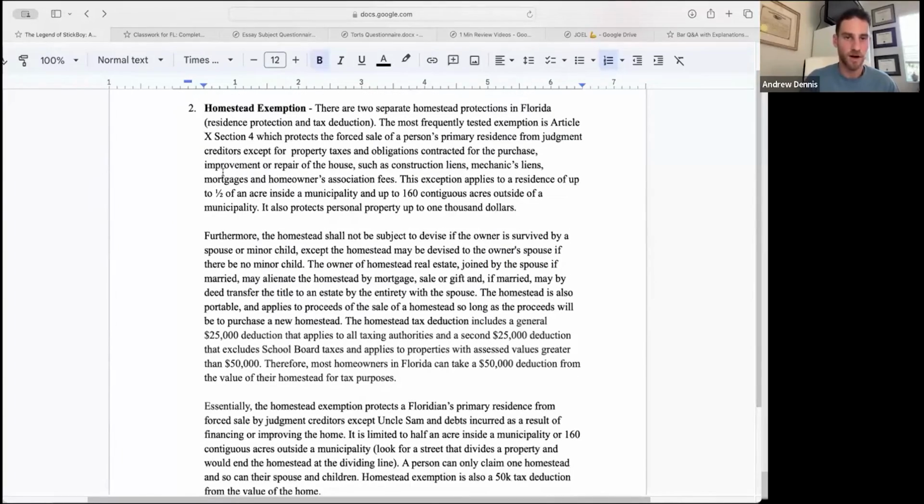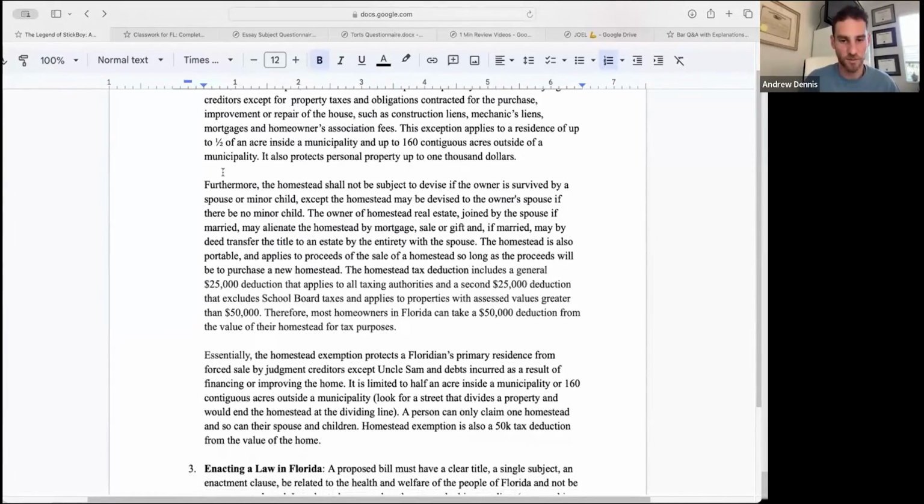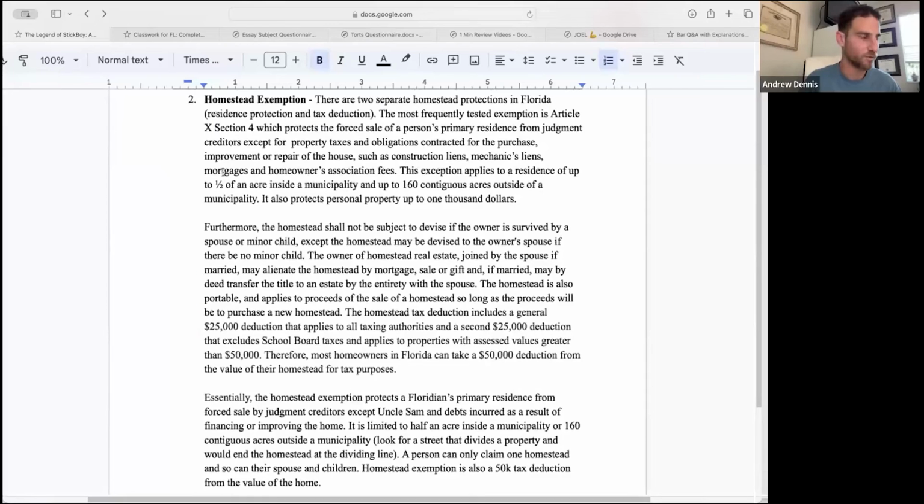Love it. All right, homestead exemption. I kind of went into detail on this and was repetitive because I have a feeling it's going to be tested. So I wanted to make sure I said some things. There are two separate homestead protections in Florida: residence protection and tax deduction. The most frequently tested exemption is Article 10, Section 4, which protects